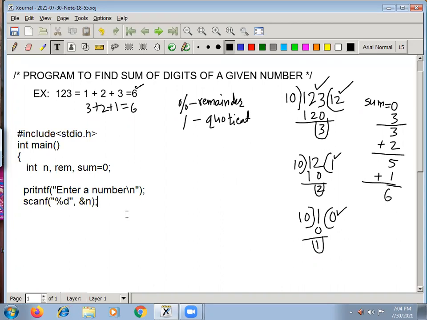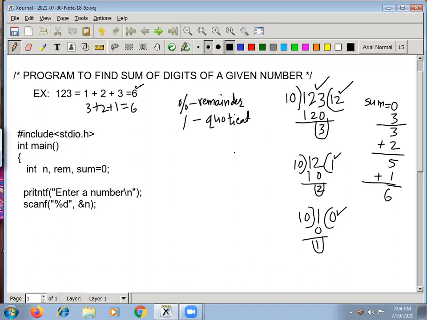Assume that this is your variable n. When you declare, memory will be allocated for n here, and 123 will be stored here after these statements. Similarly, we have two more variables.